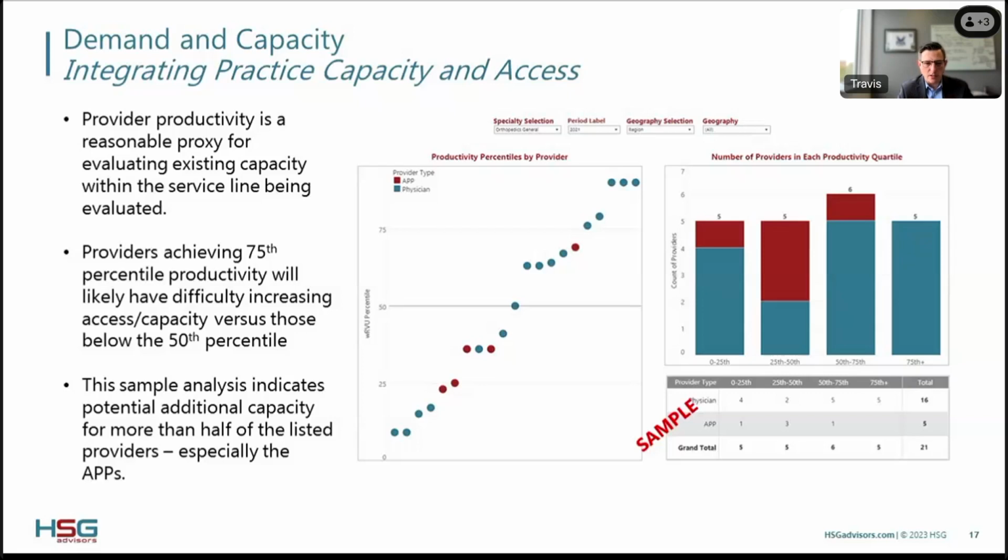On the screen here is basically a sample network. I believe this is a large health system's orthopedic group where we can look at the distribution of providers, both physicians in blue and APPs in red, of their relative productivity against orthopedic benchmarks. In this case, when we look at this organization, we see a relatively even distribution across each of the quartiles: 0 to 25th, 25th to median, median to 75th, and 75th and above. So this would suggest that within our network, there are two questions I might want to bounce against all my other metrics. One, we have